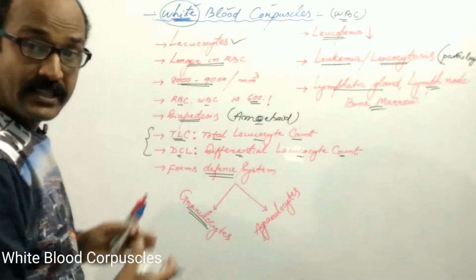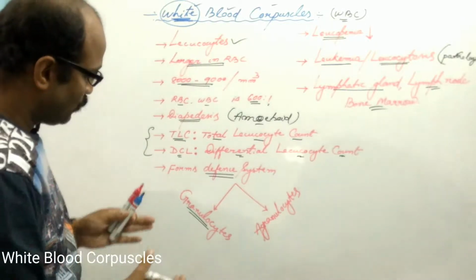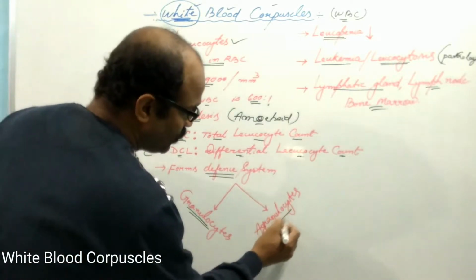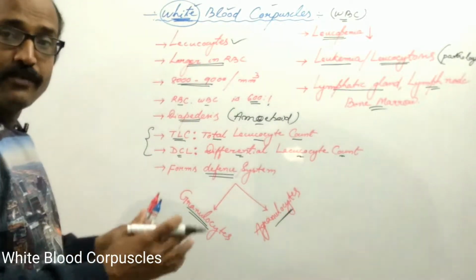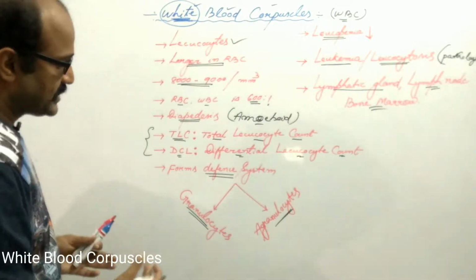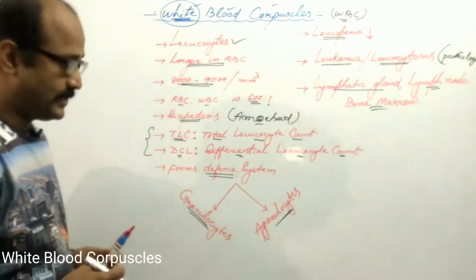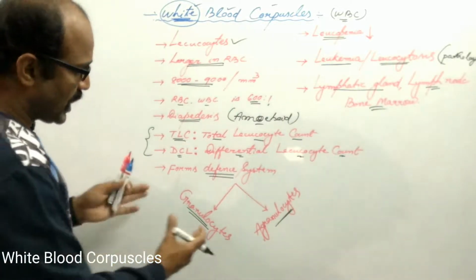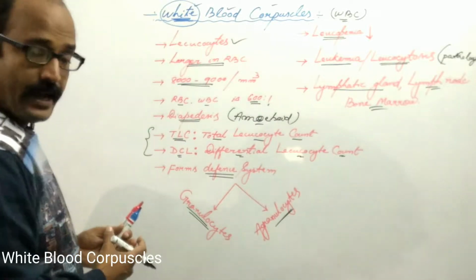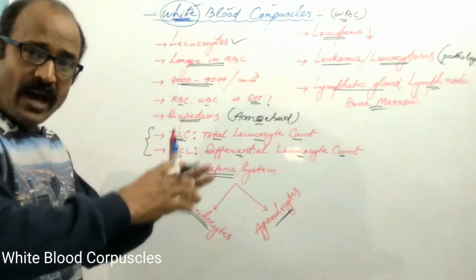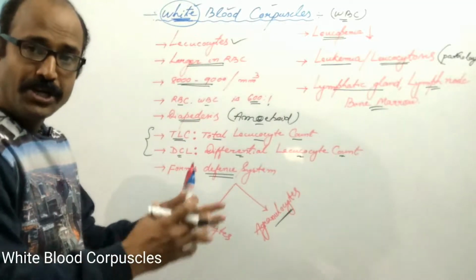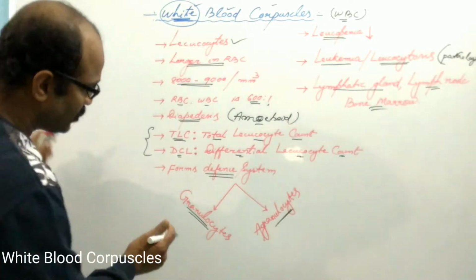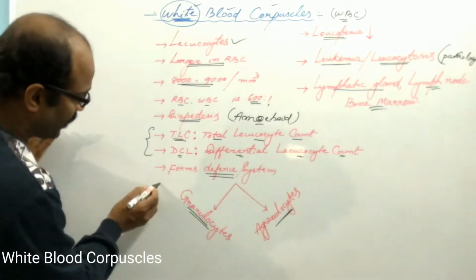If the granules are present in the cytoplasm, such leukocytes are known as granulocytes, and the leukocytes whose cytoplasm lacks granules are known as agranulocytes. The granulocytes have an irregularly shaped nucleus having 2 to 5 lobes. That's why such granulocytes are also known as